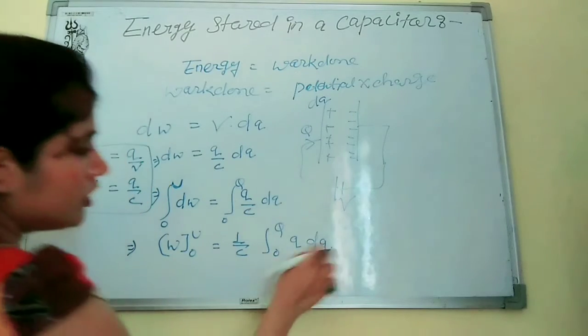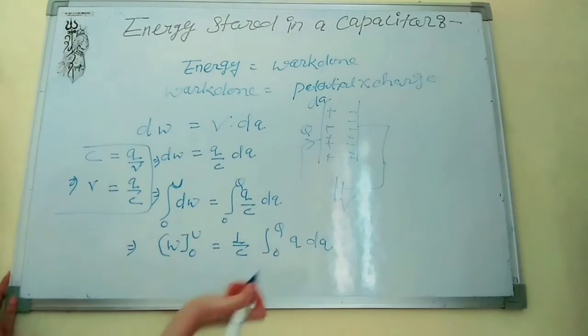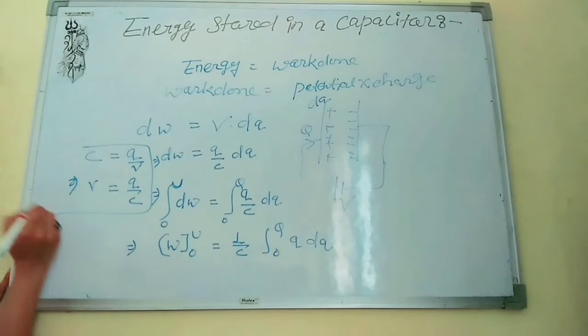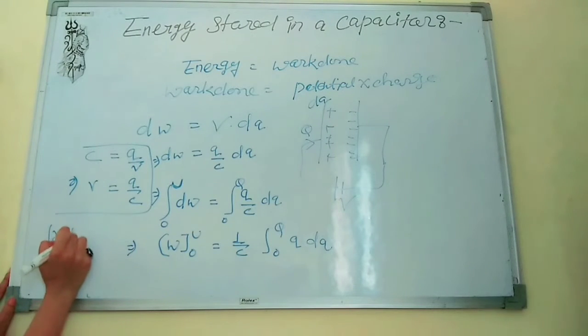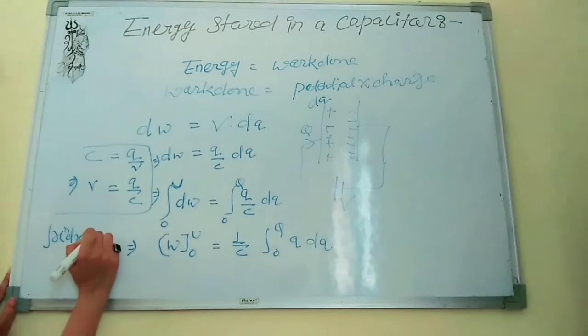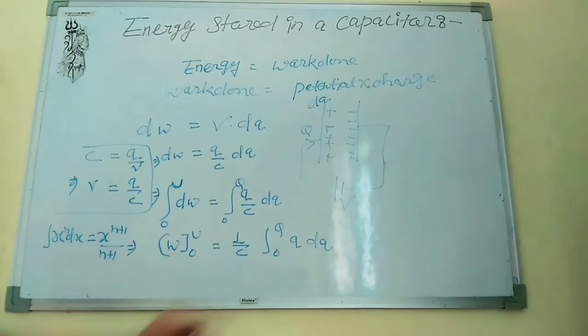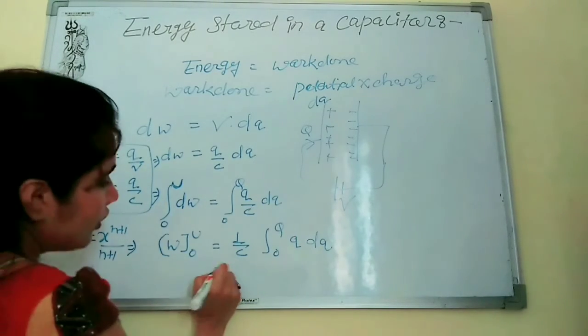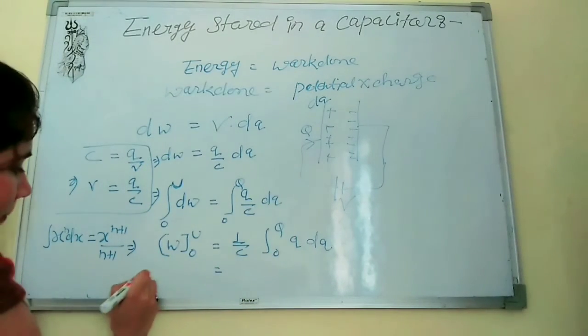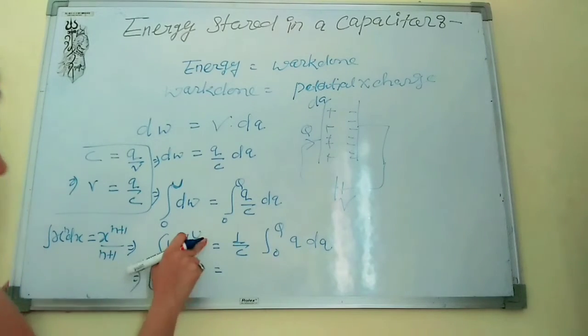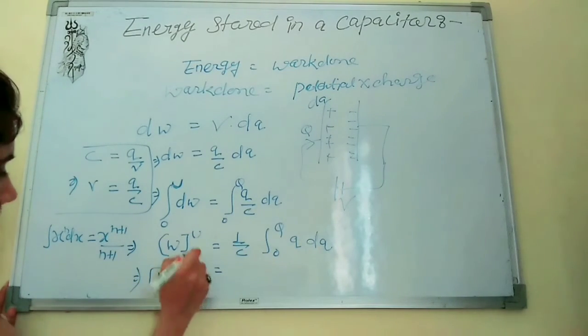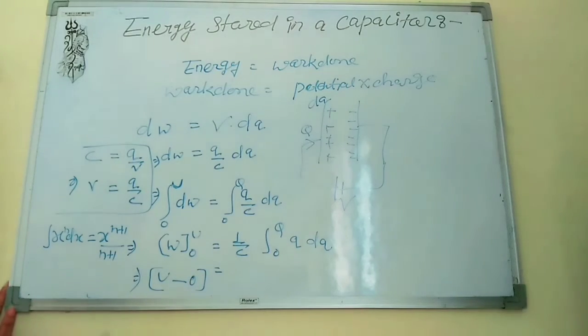In integration we will take dQ. And we know the integration of x^n dx is x to the power n plus 1 upon n plus 1. Here in the place of x is Q and the place of n is 1. So by this formula we will take upper limit minus lower limit, U minus 0,